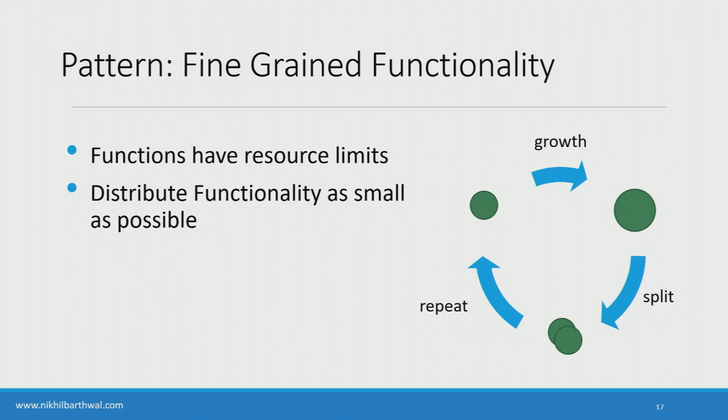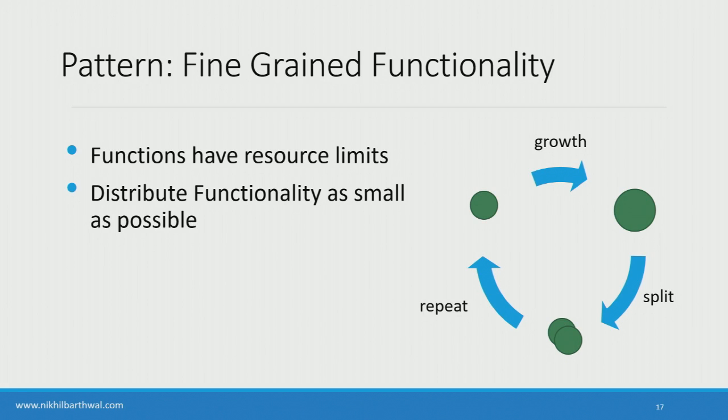So the point I'm trying to make is your architecture here is evolving. It's not like, okay, I've distributed how my functionality should be distributed on functions, I work on these functions and I'm done. That architecture would change on a continuous process. You would have to split the existing functions into more smaller units. So the key pattern that you want to use is try to distribute your functionality as small as possible.